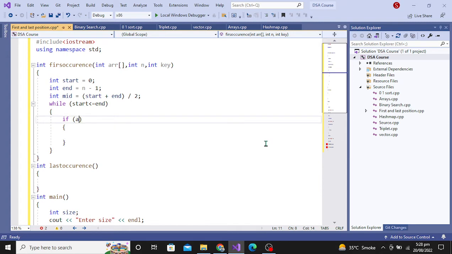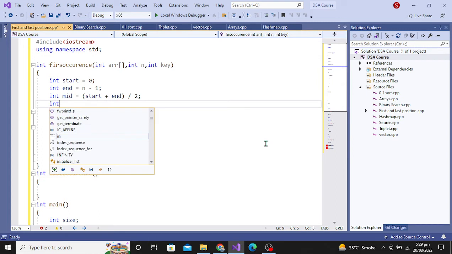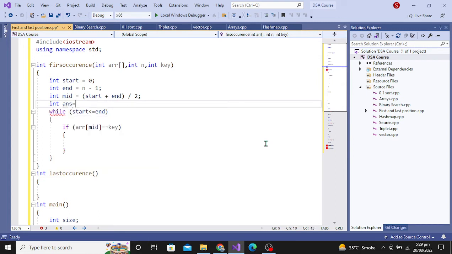If mid index value is equals to key, then we'll create answer variable here too, which will return the -1 if element is not present here. Ans is equals to the mid index,